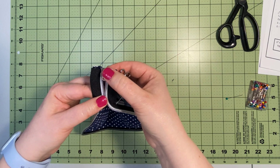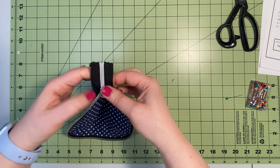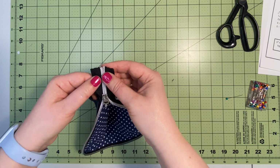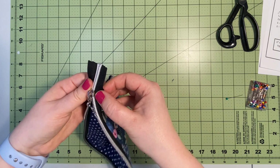Actually, you don't want to pull, you want to push the zipper onto the tape. Don't try to pull it with the pull itself. Just try to gently push it on. If you're still having difficulties putting the zipper pull on, it's usually because the zipper pull is a little too